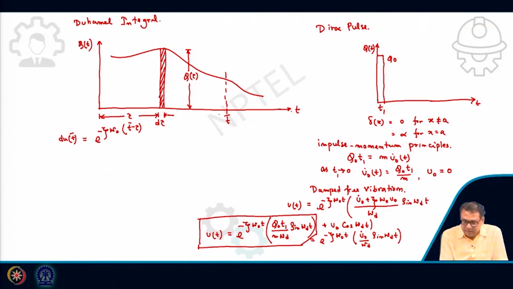So t bar is the time where I want to get the response, and due to this load, which is thickness of d tau, and this load is q tau actually. So this will be q0, that is q tau, that now we are applying, and then here it was t1, now it is d tau, and then we have m